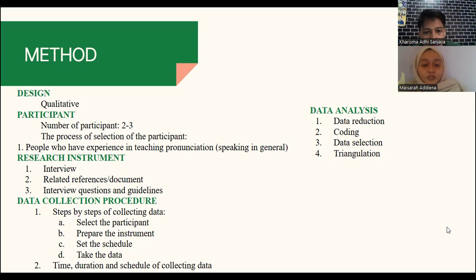And the instruments we use in the study based on interview with the participants to get the insight on their experience teaching pronunciations. And the second one is related reference or document to support the findings. And the last is interview questions and guidelines.